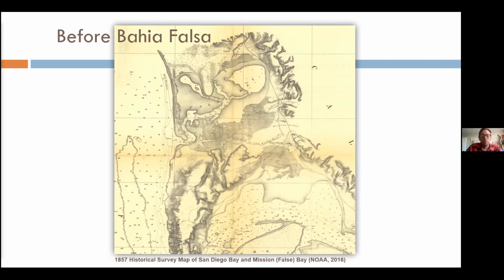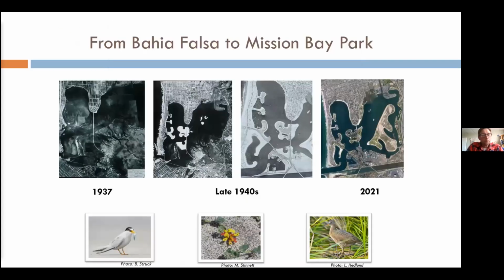This is a map from the mid-1800s, which shows just what the place looked like for thousands and thousands of years, and Kumeyaay Native Americans were living alongside these banks and interacting with these habitats and these resources for a long, long time. If you go to the next map, this is what it looks like in more recent history. The air photos here give a quick glimpse as to how much terraforming, how much change we've done in a lot of coastal lagoon and coastal estuary ecosystems in Southern California.